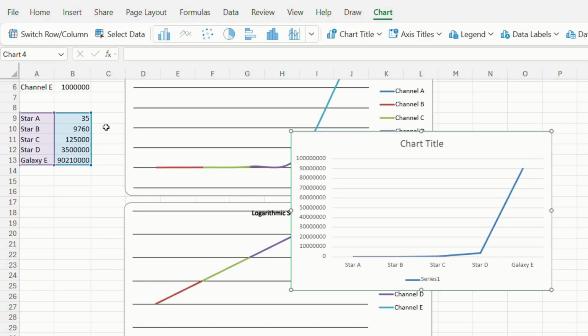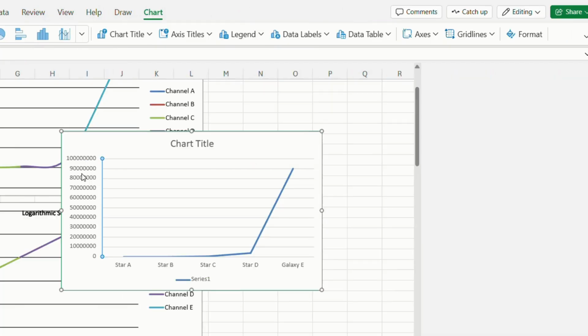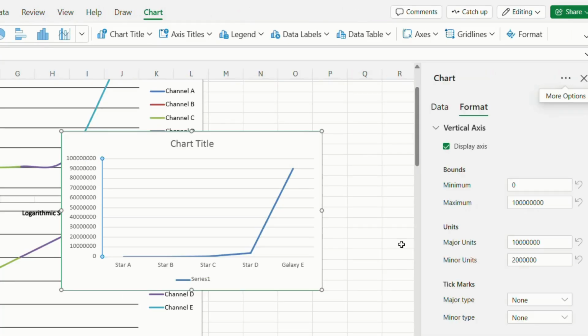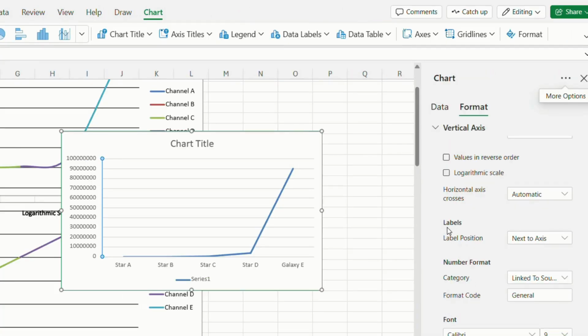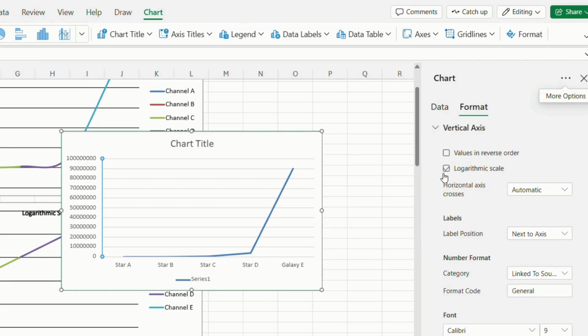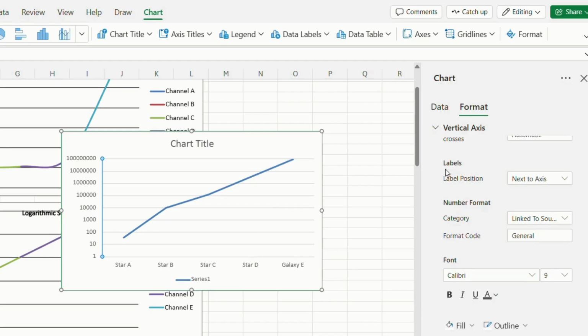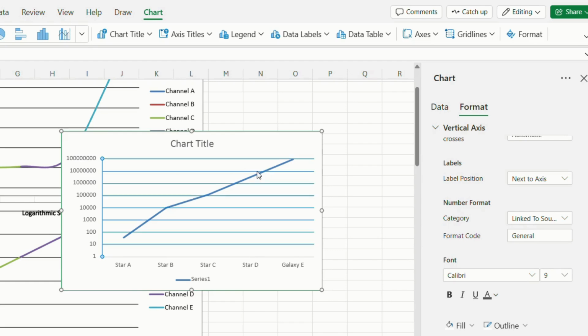And what if we format our axis, and put the same chart in the logarithmic scale? All points are easier to compare, right? And they are visible